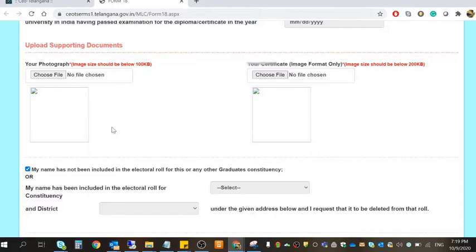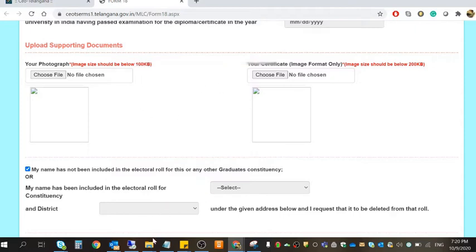While uploading you need to take care of a few things that I am going to explain. All the documents you upload should be in image format and should be within 100 KB. Few people are not able to complete this step because the image size is more than 100 KB, then it will not accept it, or if it is in PDF format, it will give an error. So first of all, go to your photograph and check whether the size is within 100 KB or not.